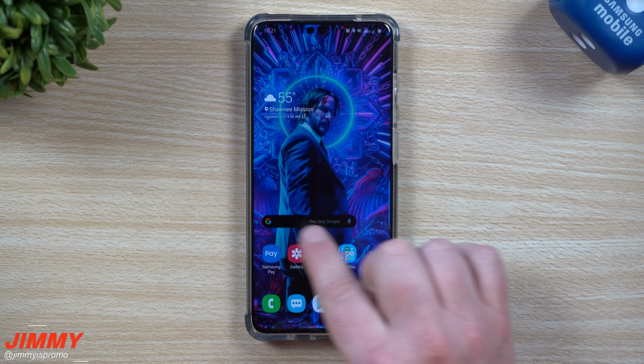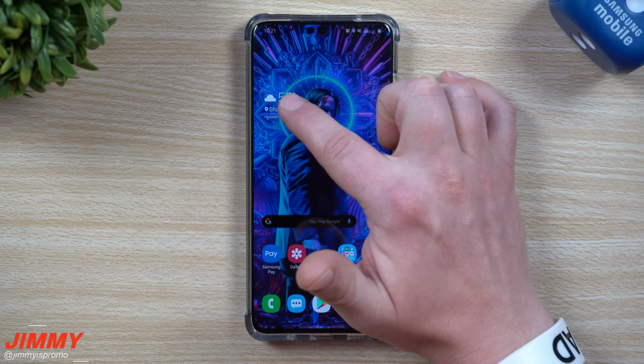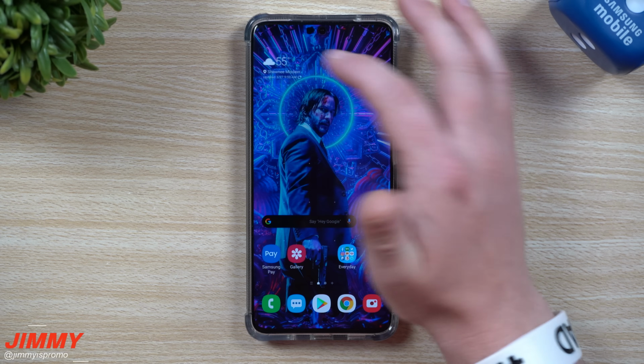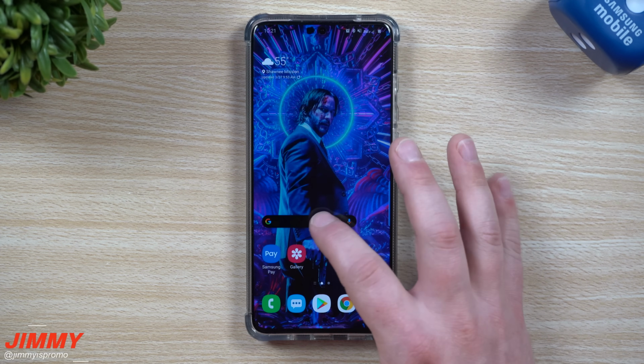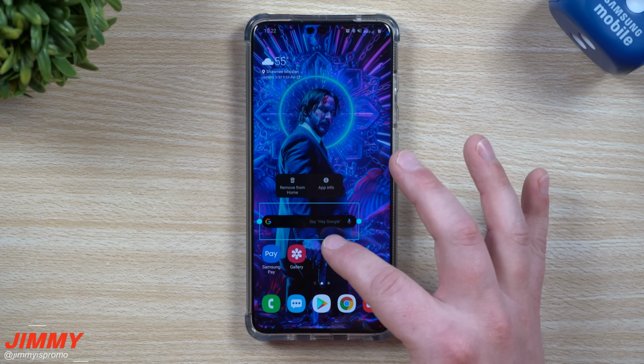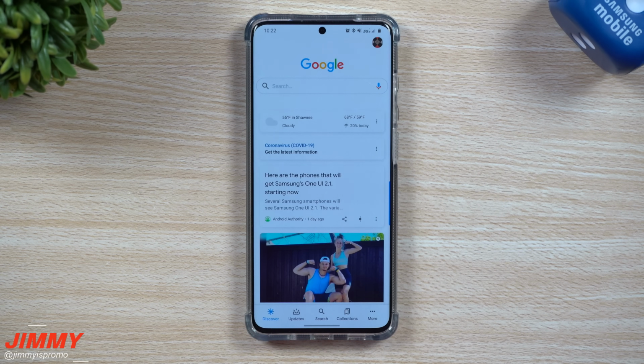Now, the next setting that you can go for is you can change the color and the look of your Google search bar widget. Now first off, I am going to change my little weather widget. I'm going to make it a little bit smaller, put it a little bit higher towards the top. With this one right here, you can make it larger, smaller, but this is where I usually like to have it. I kind of like it to be this size,